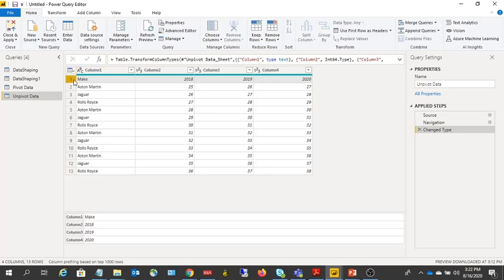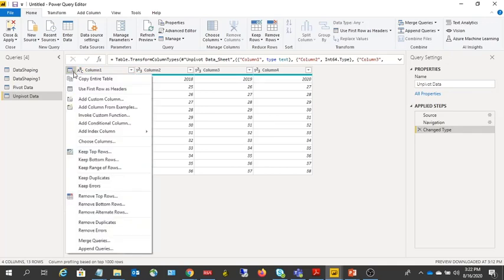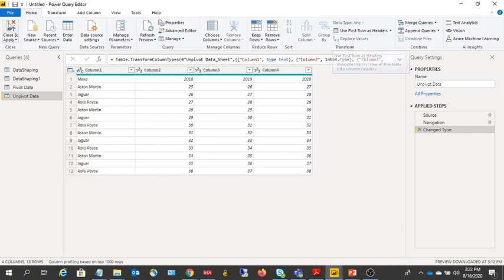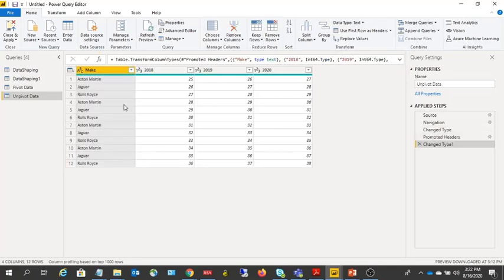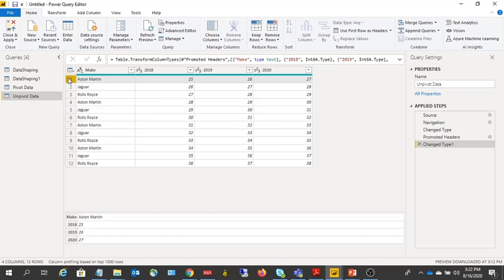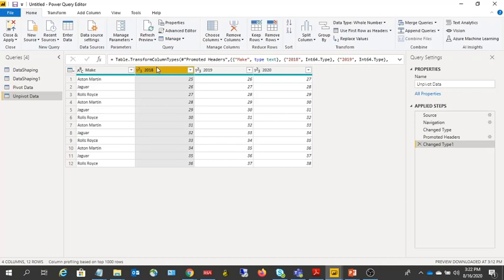Now in order to do that, we already have done that by going into this table and using first row as a header. But this time I'm going to use this option. From the home ribbon, there is a transformation called use first row as a header. Click on that. Now the table is in a particular shape. Now actual column headers are moved to the columns. But here the data is in pivoted format.